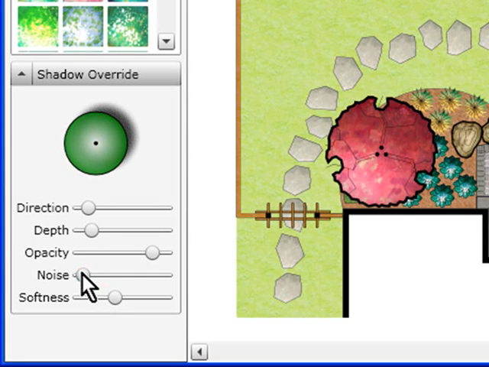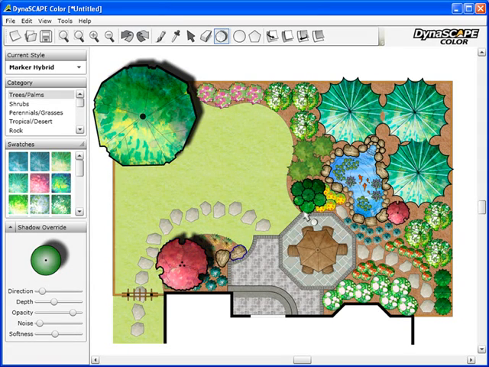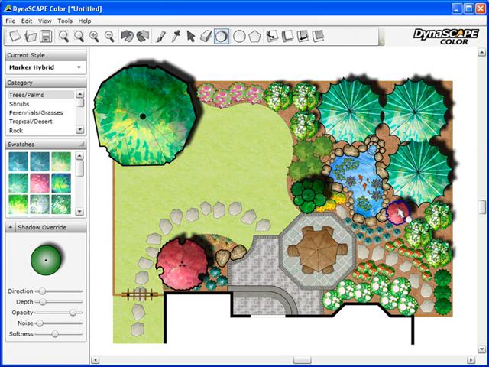I'm going to leave my settings like this, adjust the depth a little bit so that I can first start adding shadows to my trees where the shadow is going to be a little bit deeper. All I need to do is apply it by clicking on the trees. It'll add the shadow at whatever depth I've set it to. I can then adjust the depth and apply it to some of my larger shrubs first. Then I'll turn it down even more and apply it to other objects like my lower shrubs and perennials,